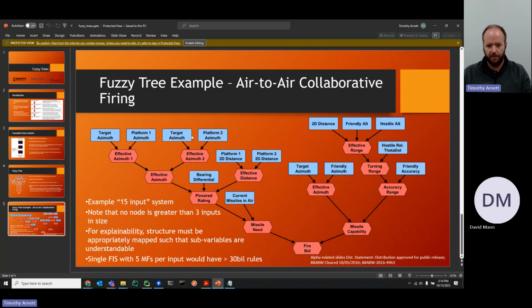And so what we see here is, you're taking in a number of pieces of information about different targets and platforms, different distances. These red polygons, by the way, are the FISs themselves. The blue boxes are the input values. And so we have this many fuzzy systems that only take in 2 to 3 inputs. So they're all relatively small in terms of their rule base, but they're still very effective in approximating the overall mapping, because they're only taking in relevant information and combining that with the output information coming from previous FISs.